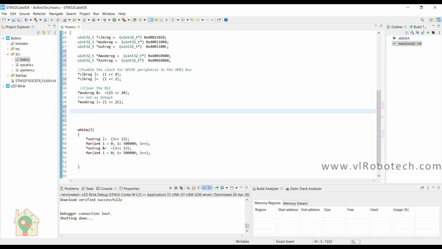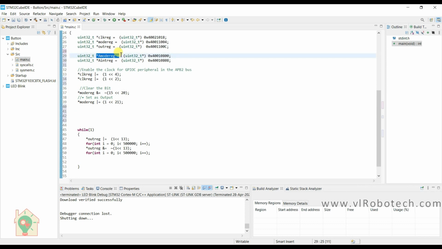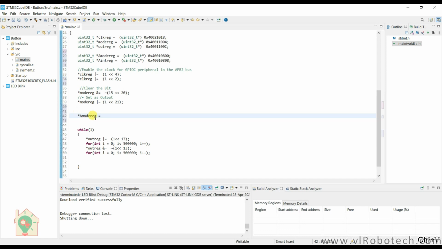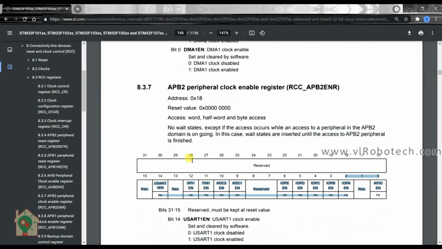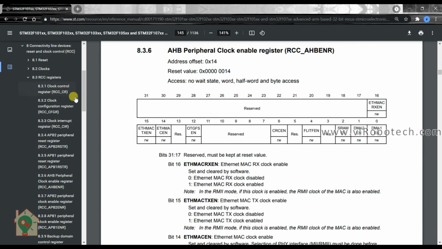Now we have to clear the mode register. So I will copy this and it will be AND. Go to the reference manual and go to the mode register.